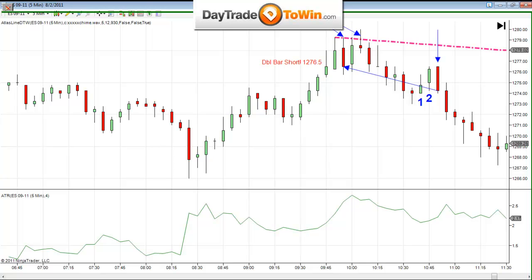Finally, the trades occur in sequence. So whatever trade is occurring at the time in sequence, that's the trade I take, whether it be at the open, whether it be a power price action move. And believe it or not, when you have different methods based on different things, whether it be a power price action and the Atlas line, if they're both telling you short at the same time, that would make it even more valid, because we're not using, as an example, two moving averages to tell you to go short. We're using completely different concepts to go short or to go long. So when you have two things coinciding, it's much better.